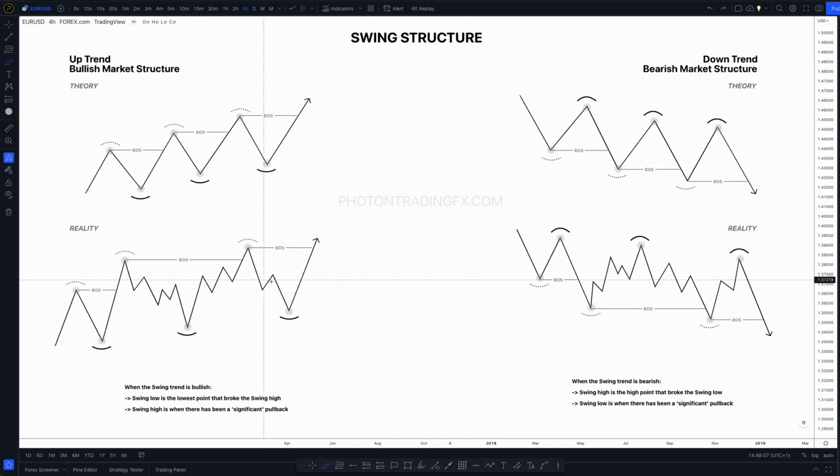Obviously, in reality, we can get a lot more complex price action, where you see a lot of highs and lows being broken, and the whole idea is how can we figure out where the true swing range is, the swing high and the swing low that we want to work within. Okay, so when the swing trend is bullish,